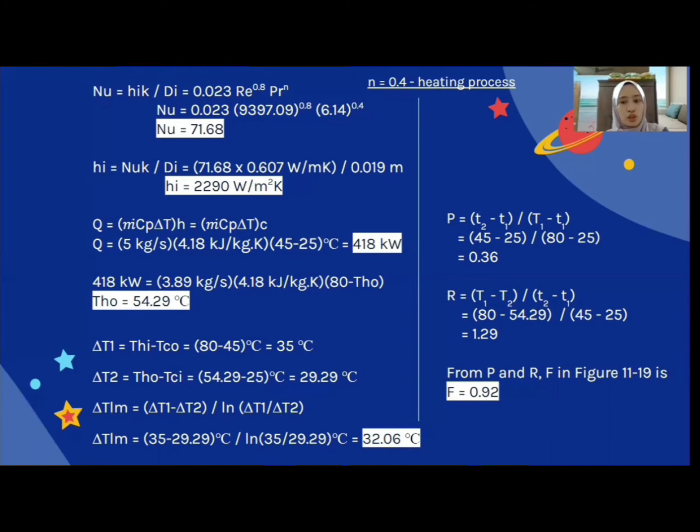To know the value of F, we calculate the P and R. The P is equal to 0.36 and R is equal to 1.29. And from figure 11.19, from the value of P and R, we get the value of F to be